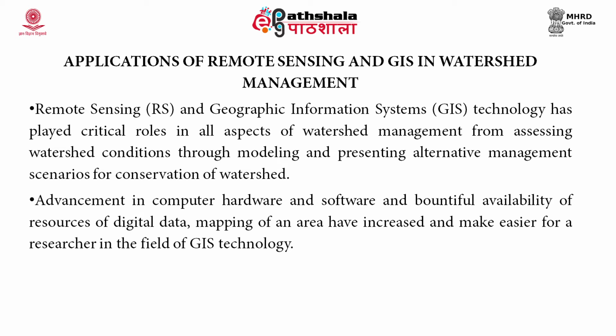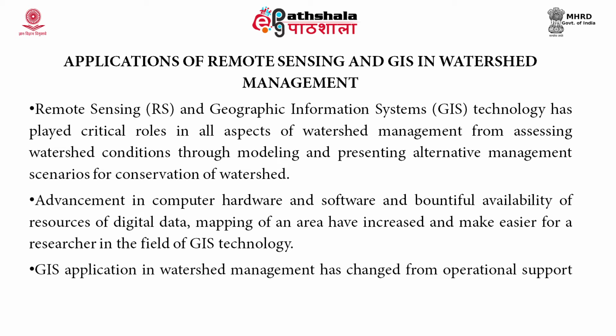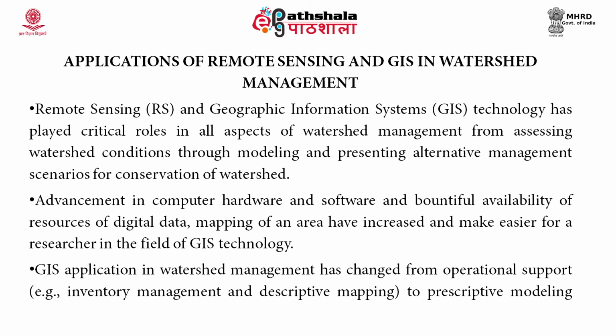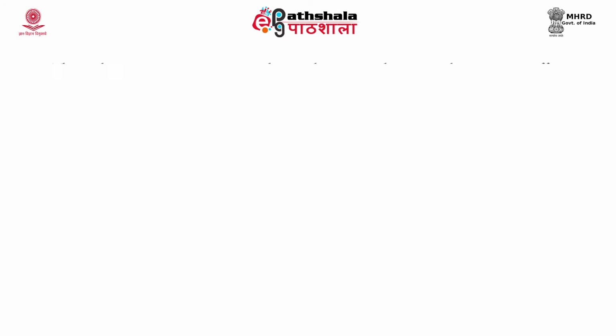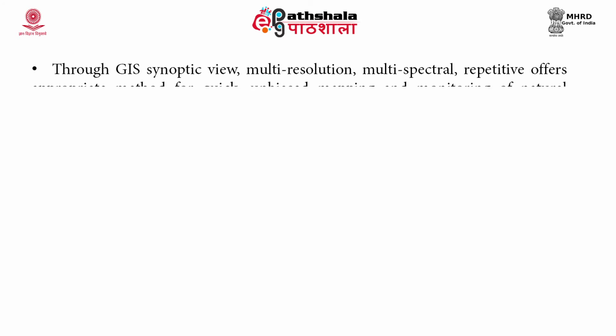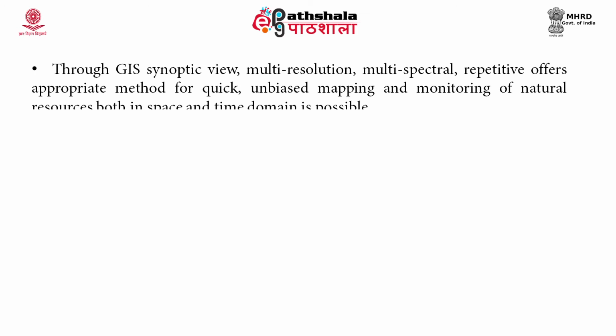of GIS technology. GIS application in watershed management has changed from operational support, that is inventory management and descriptive mapping, to prescriptive modeling and tactical or strategic decision support systems. Through GIS, the synoptic view, multi-resolution, multispectral, and repetitive coverage offer an appropriate method for quick, unbiased mapping and monitoring of natural resources